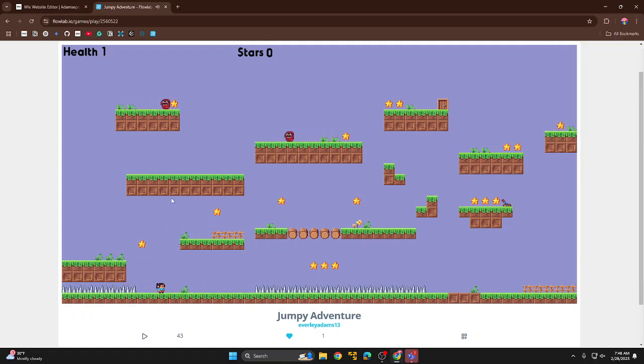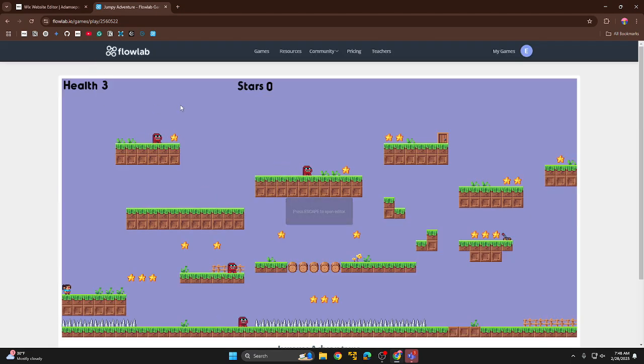However, you can also kill a monster by jumping on its head, but that's a little bit more difficult since you only get 30 lives. And up here in the top corner, you can see my health, which you start with 3, but if you run into a monster, it decreases by 1 every time. And every star you get, it'll count how many you have up here. Okay, now that I've shown you that, I'm going to move on by showing you